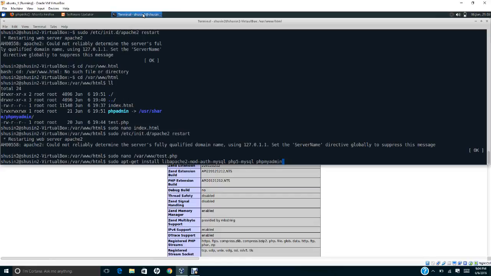Here is the command. You need to run this command, sudo ln -s /usr/share/phpmyadmin,